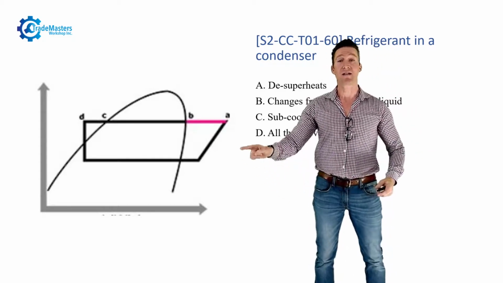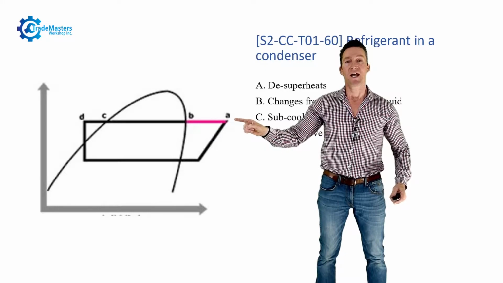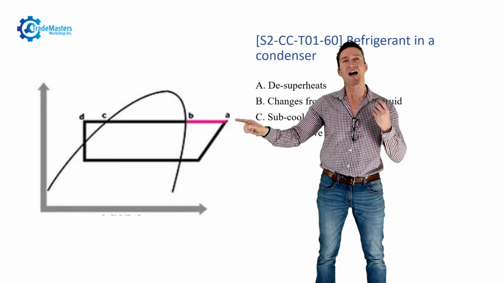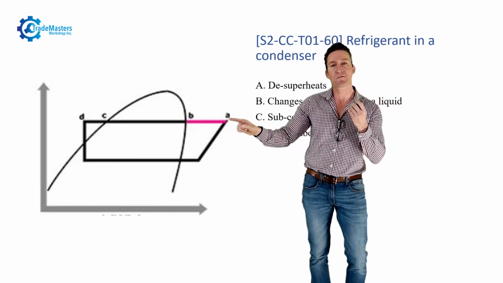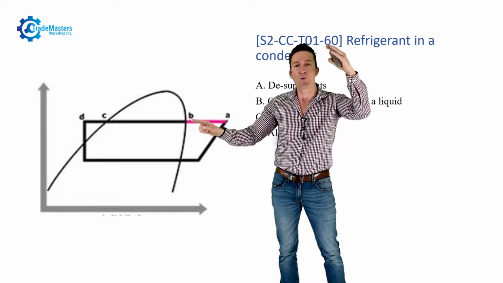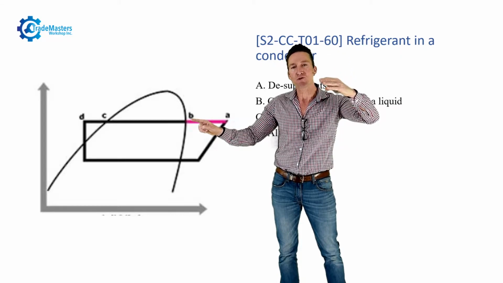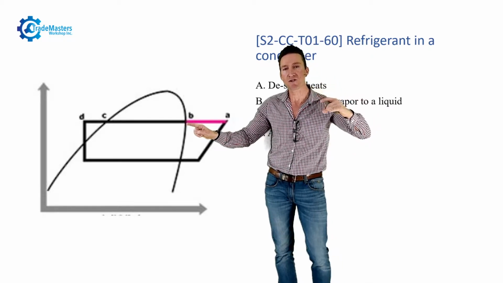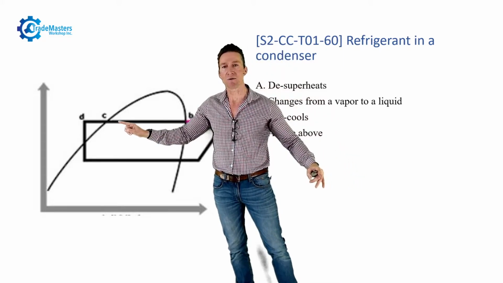Well, it enters the condenser right here at point A. And at point A, it's going to de-superheat. That high temperature it picked up from the heat of compression is rejected in the first few passes of the condenser to point B. And once we reject enough superheat to bring that refrigerant down to its condensing temperature, we begin saturated conditions and we keep rejecting more heat, changing that hot gas to a liquid until we get